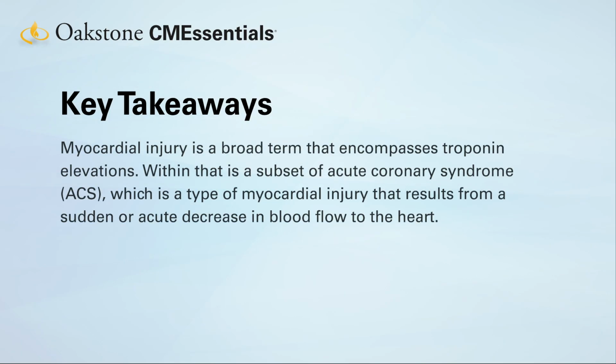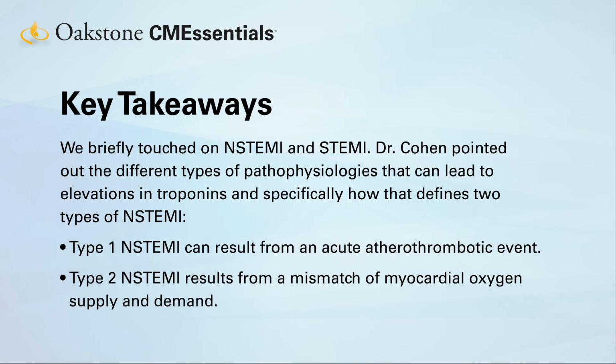So in the beginning, Dr. Cohen and I reviewed myocardial injury, which is a broad term that encompasses troponin elevations. Within that, we found the subset of acute coronary syndrome, which is a type of myocardial injury that results from a sudden or acute decrease in blood flow to the heart. We briefly touched on NSTEMI and STEMI, but Dr. Cohen importantly pointed out the different types of pathophysiologies that can lead to elevations in troponins,